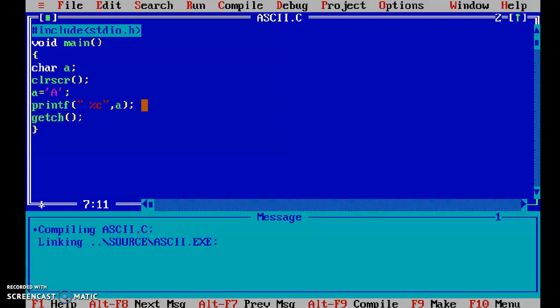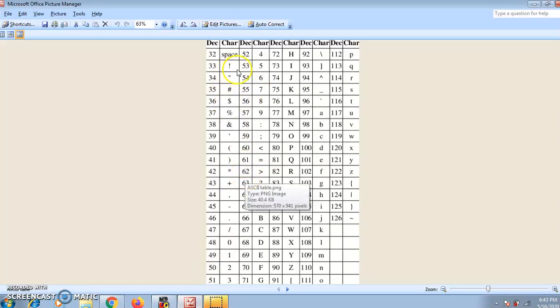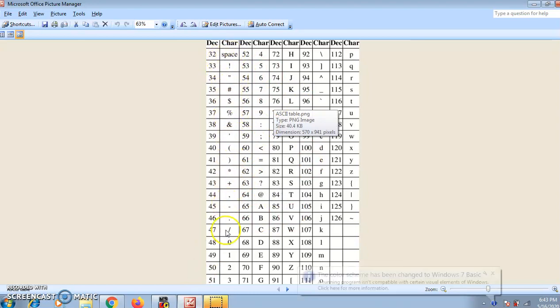Okay. Now I want to tell you what ASCII values are. Basically, ASCII values are associated with all the characters which are present on your keyboard. Why do we need ASCII values? So see, I'll show you in a table of ASCII values. This is the ASCII value table. Some decimal values are associated with every character. If you can see here, for example, 32 is the number associated with space, 33 for exclamation mark, 34 for quotation, 35 for hash, and then your alphabets.